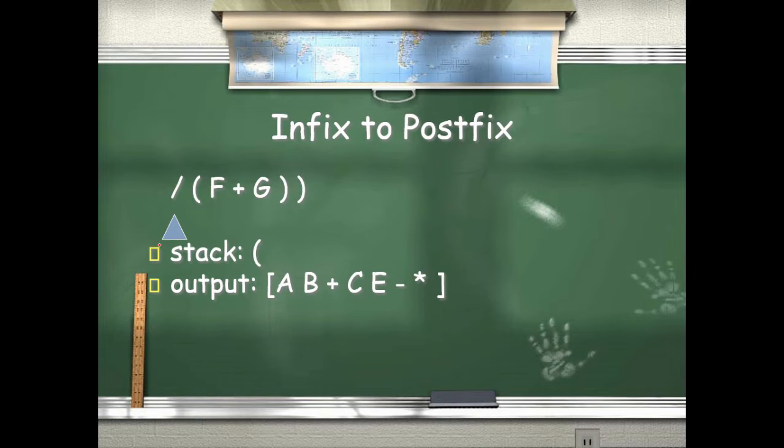Then you are going to scan each and every symbol. Then comes division. It is an operator, so you are going to put it in the stack. Then opening parenthesis, again we will put it in the stack. Then F is an operand, so we'll put it in the output. Then comes plus, it is again an operator, so in stack. G is an operand, so put it in the output. And then there is a closing parenthesis. This closing parenthesis is for plus. So this plus will be written here. So it will be FG plus. And the last closing parenthesis is for this division. So it will be added at the last.